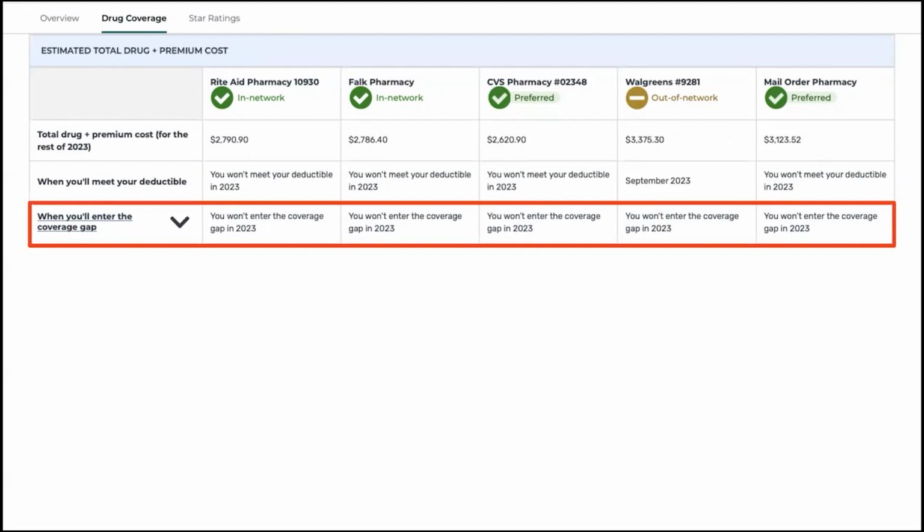The coverage gap is a point of your Part D plan in which the plan will not cover any of your prescription drug costs. This starts when you reach the initial coverage limit. In 2023, the initial coverage limit is $4,660. The coverage gap ends once you reach an out-of-pocket limit of